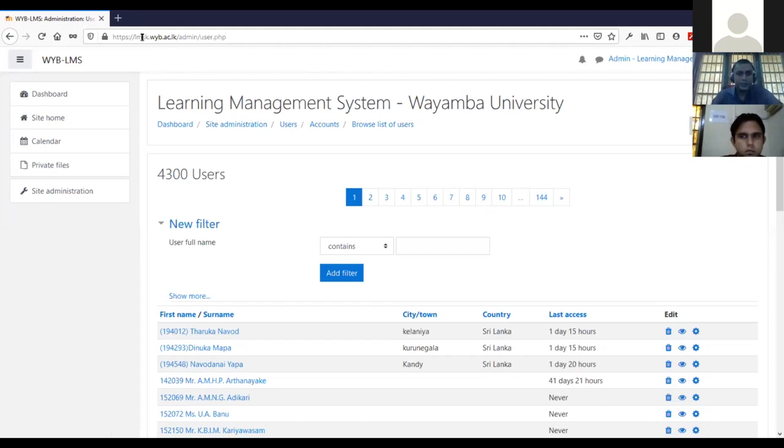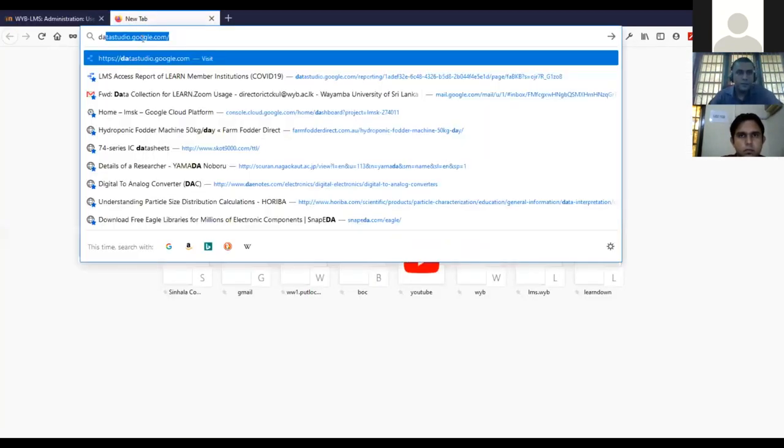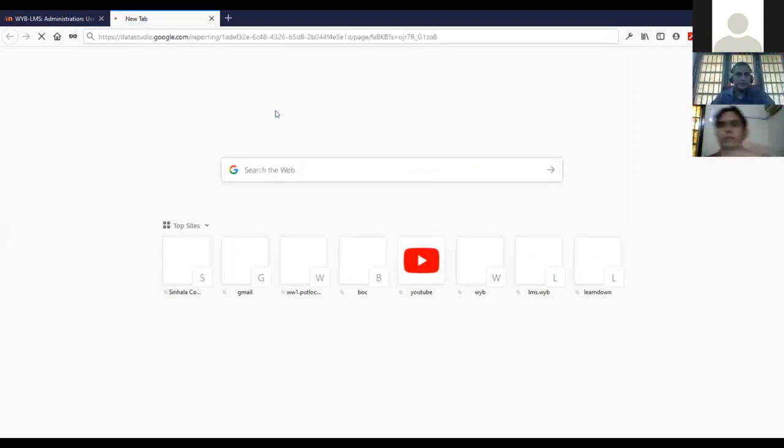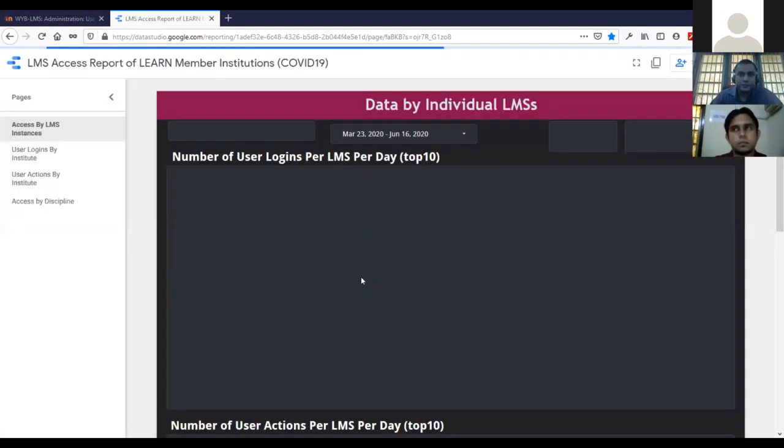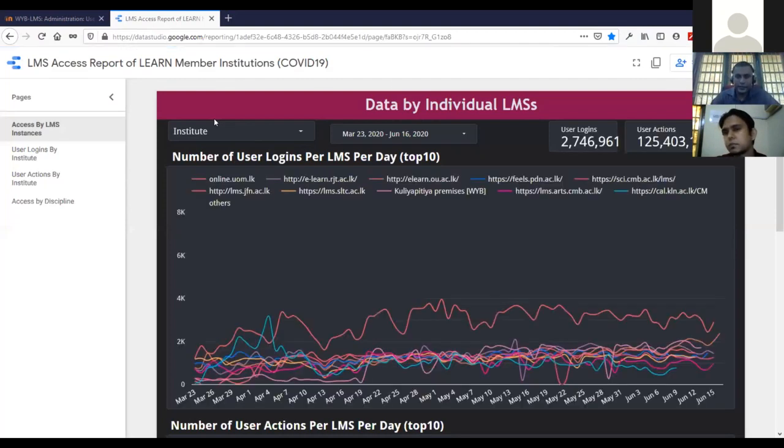Now let me show you that as well. Let me share this information. LEARN is providing a graphical analysis. According to LEARN, almost 155 LMSs are running in all the state universities.